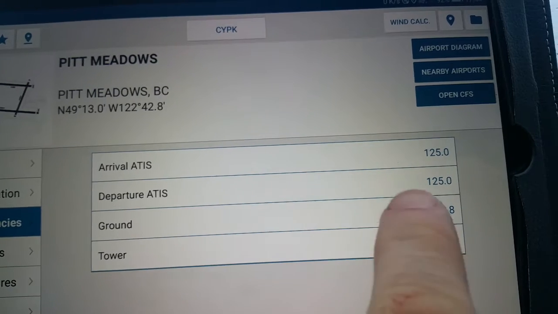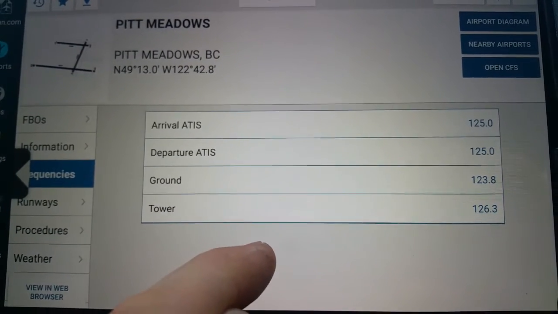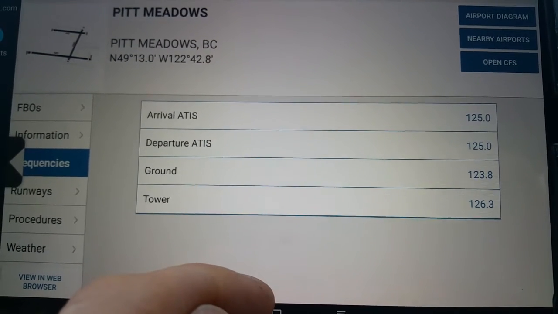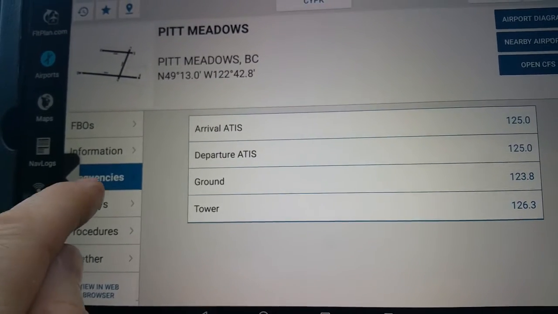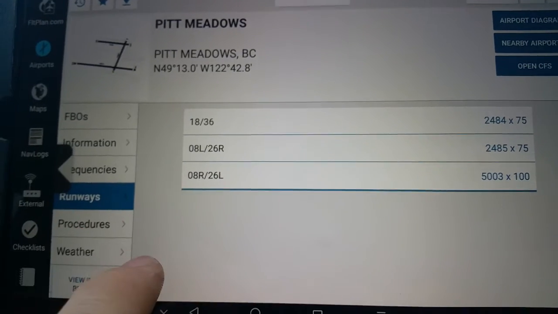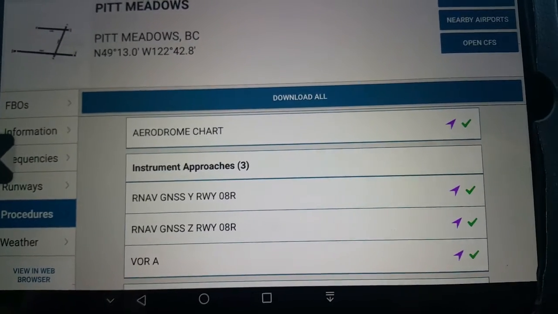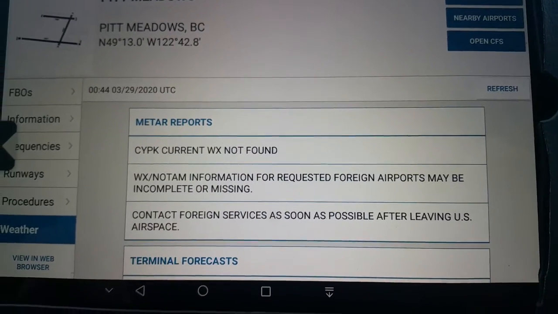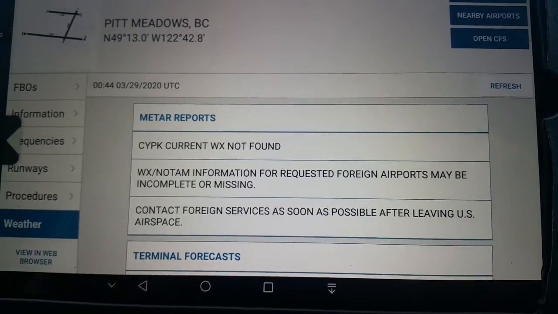And you have all these frequencies that you need to write down before you start planning your trip. And you have runways, the length and stuff, procedures, and weather in case you connect online to